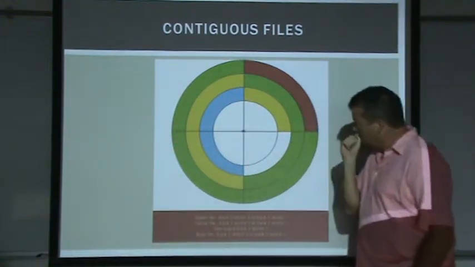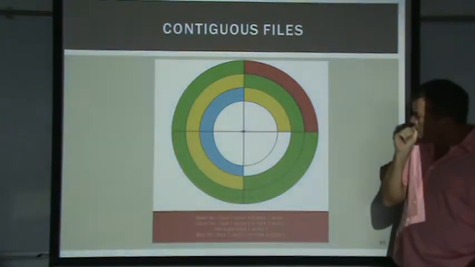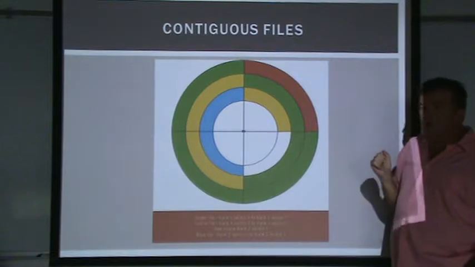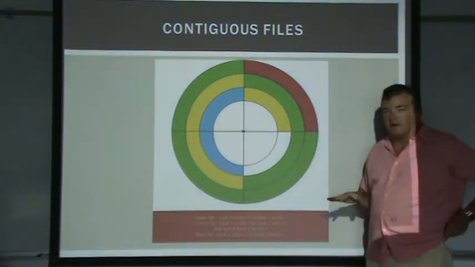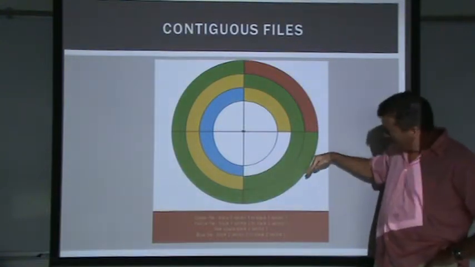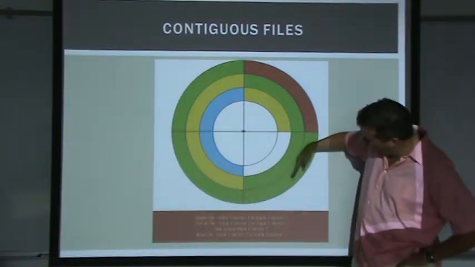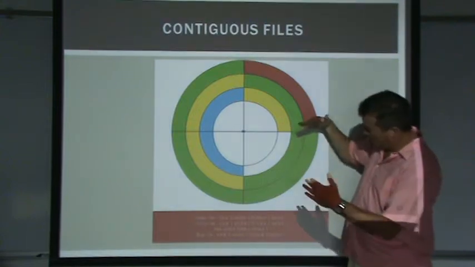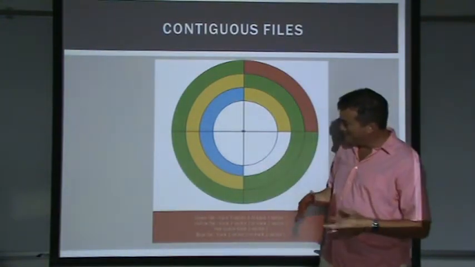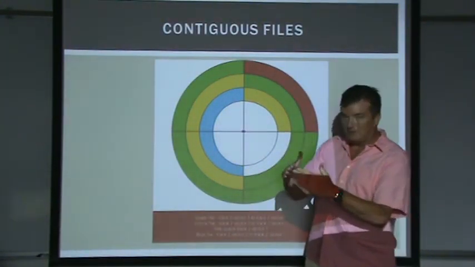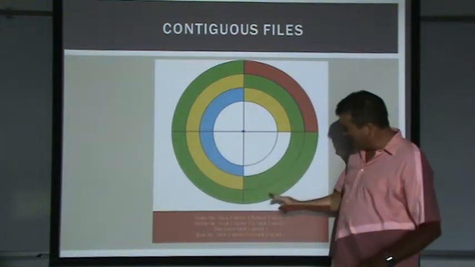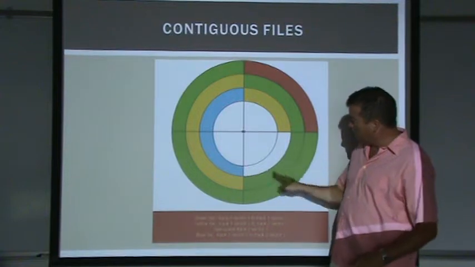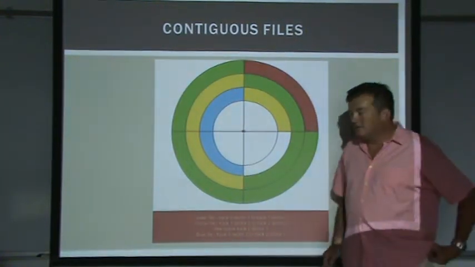Like if you know the size of a sector, it's like a page calculation, you know exactly where it is. Well, but let's say all the sectors are the same size. And I know it seems a little weird. You'd think like the inner circle, as you get closer to the inside, it's kind of like a pizza pie. Like the closer you get to the middle, the smaller the pie is. So you might think this sector has less data than this sector. But let's just say all sectors are the same size.